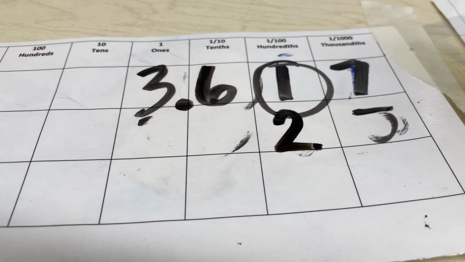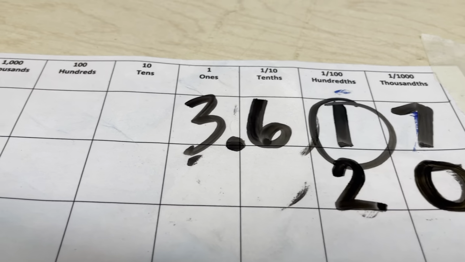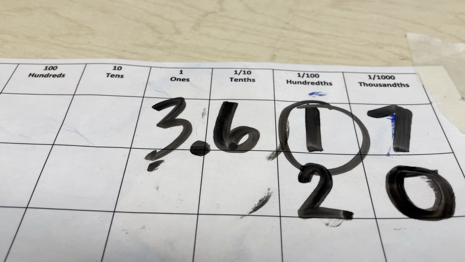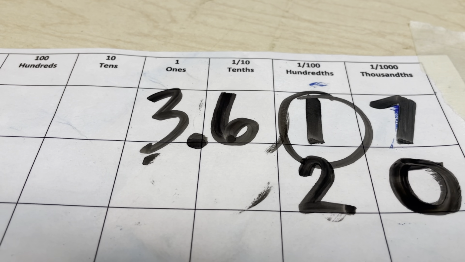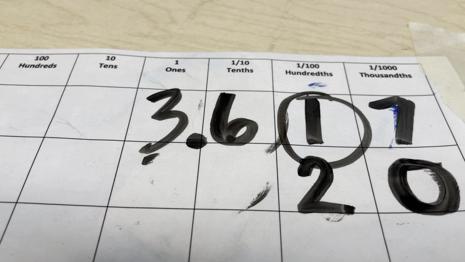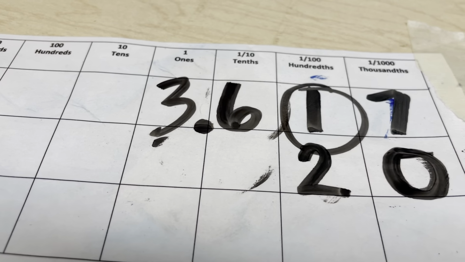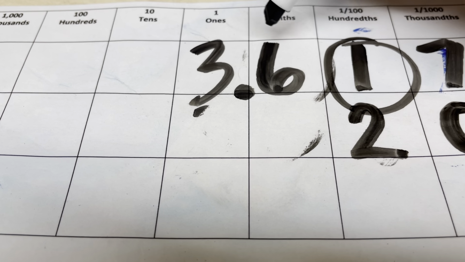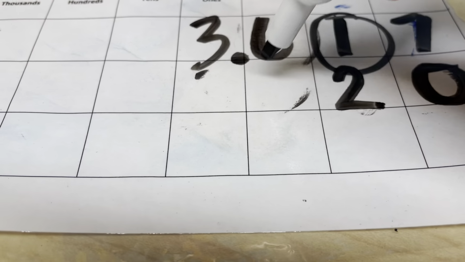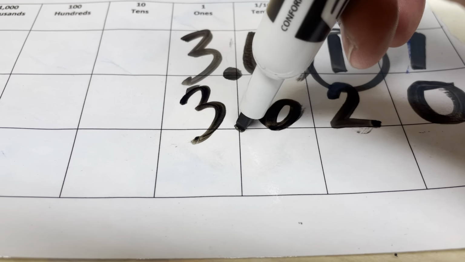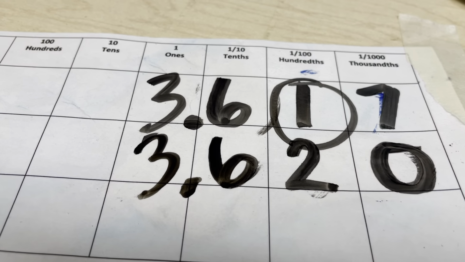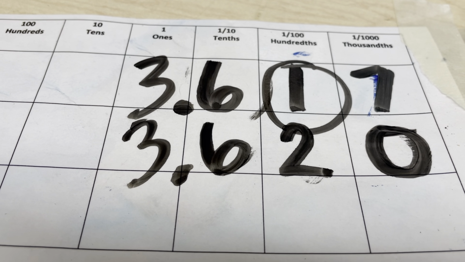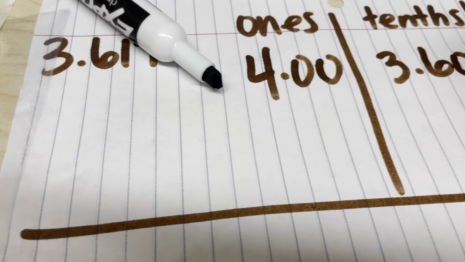So now we have 2 in the hundredths place. And the value smaller than the hundredths will also become 0. So there's a 0 in the thousandths place. But we also have digits in the ones place and the tenths place, and those digits don't change. You're going to keep them the same. So if I rounded 3 and 617 thousandths to the nearest hundredths place, my answer would be 3